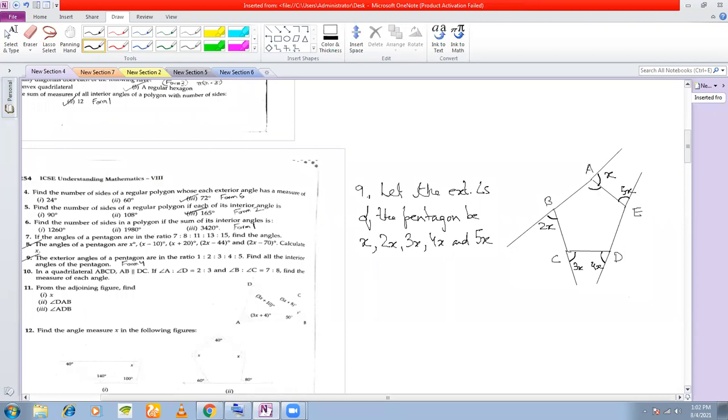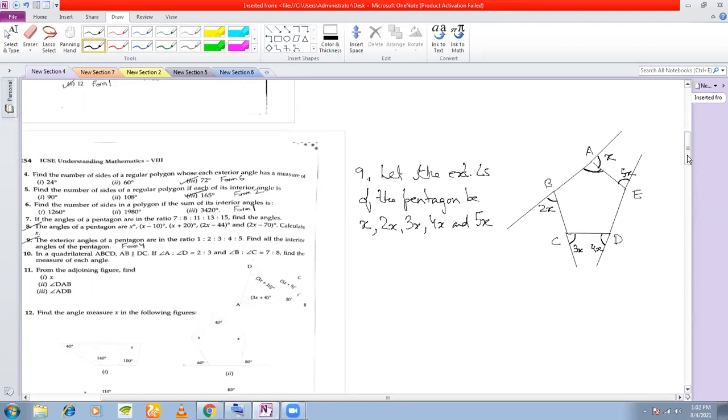Now, what is the sum of the interior and the exterior angle? It is equal, sir, to 180 degree, right? And what is the relation between number of sides and the exterior angle of a pentagon? Is this a regular pentagon? This is not a regular pentagon, right? No, sir. Because all the exterior angles are not equal. So therefore you cannot apply the formula exterior angle is equal to 360 divided by number of sides. So let's first calculate the sum of interior angles.